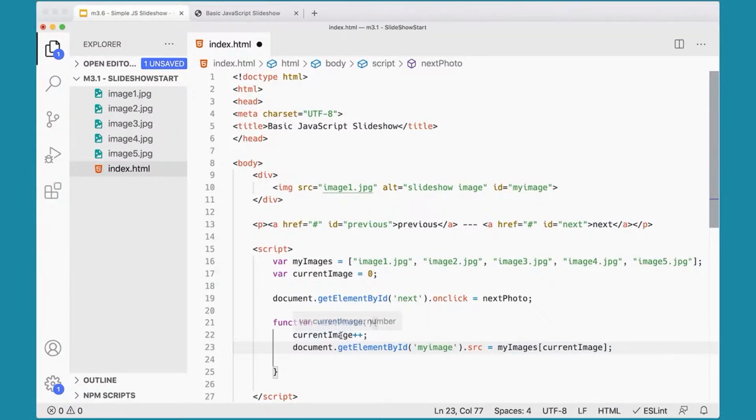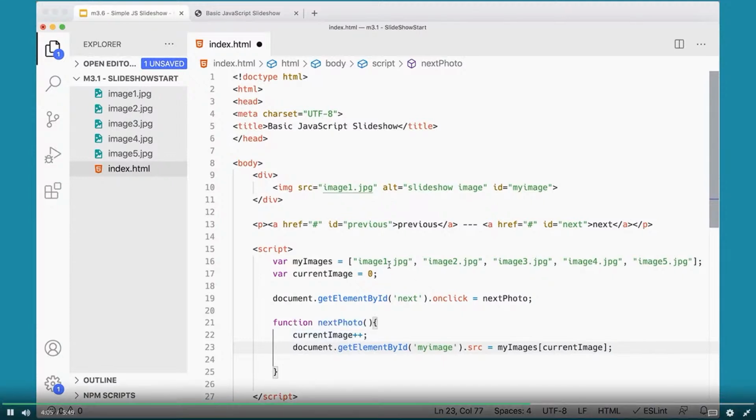Now, the first time I click that link, current image is going to get incremented to 1. So down here, that's 0, this is 1. So it says, okay, that's